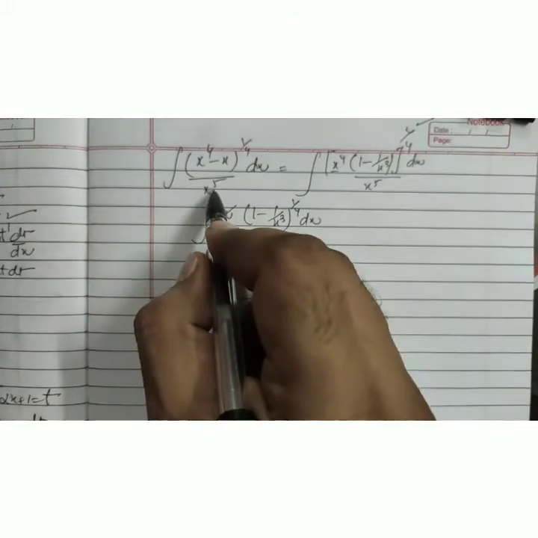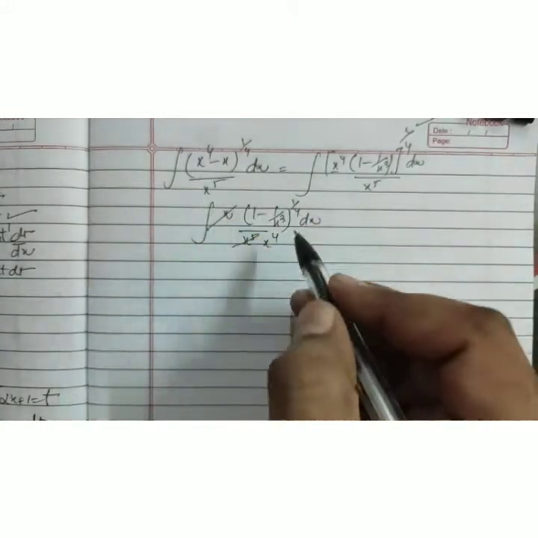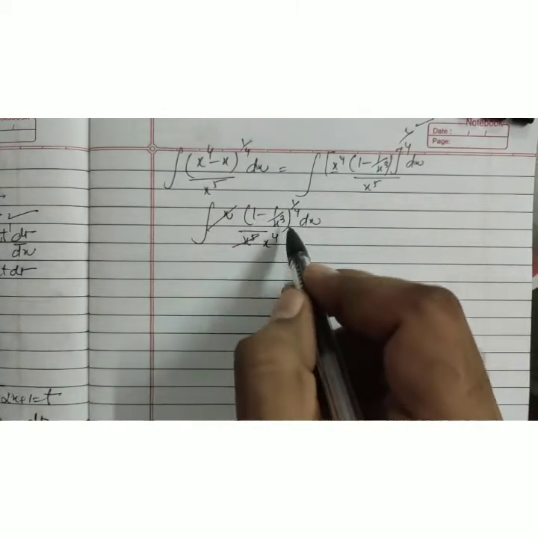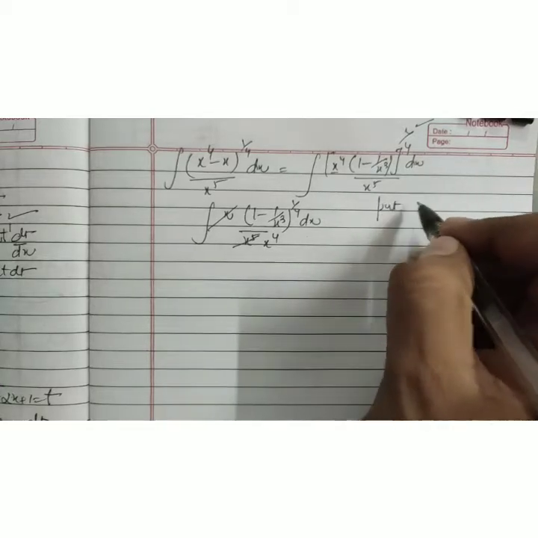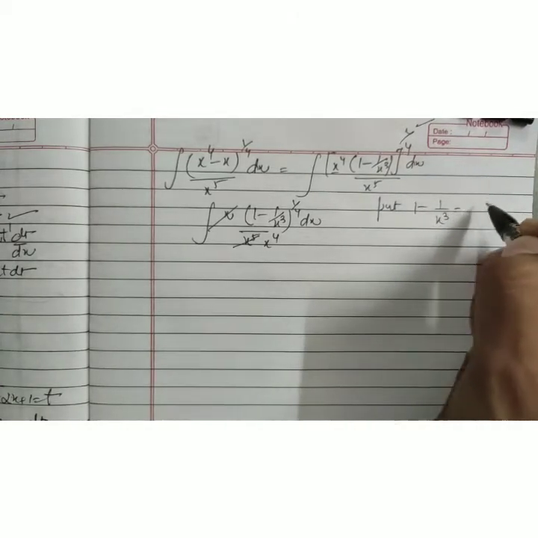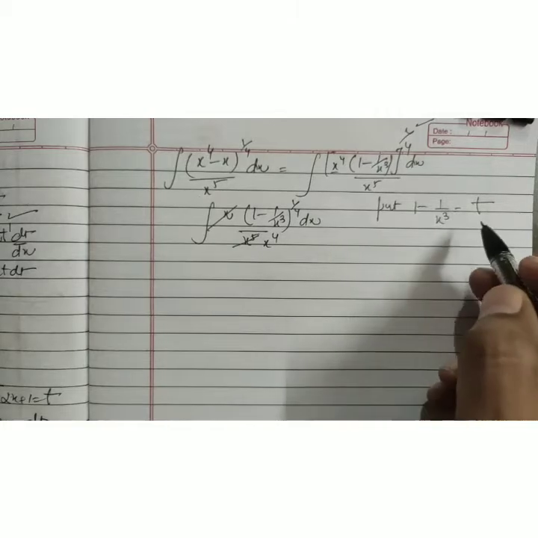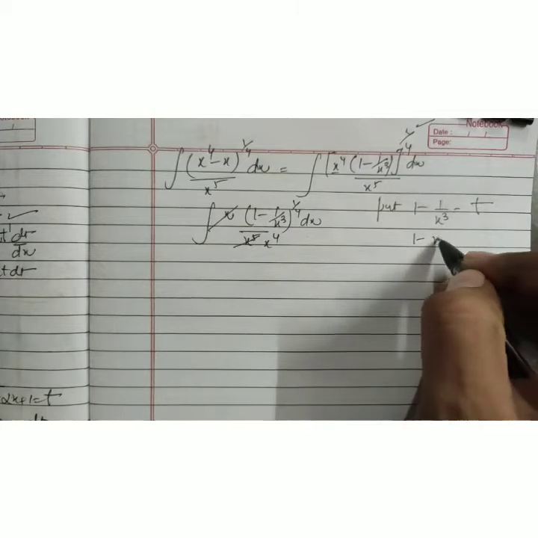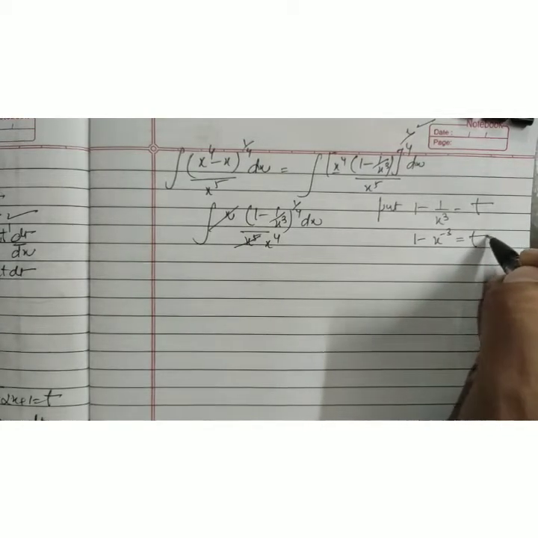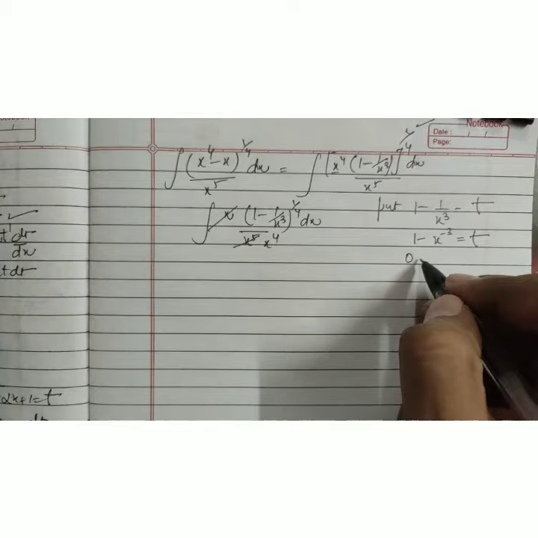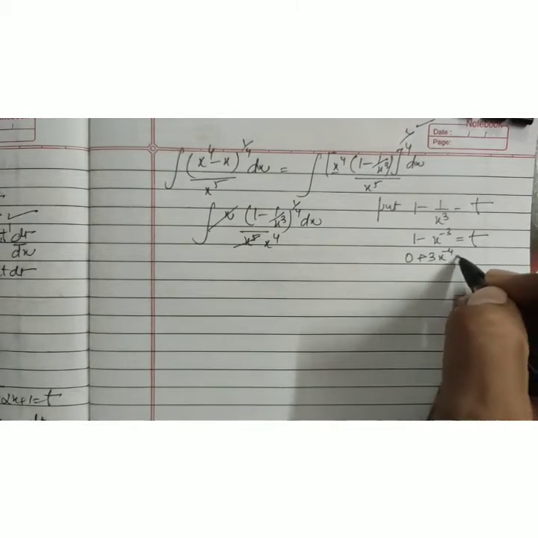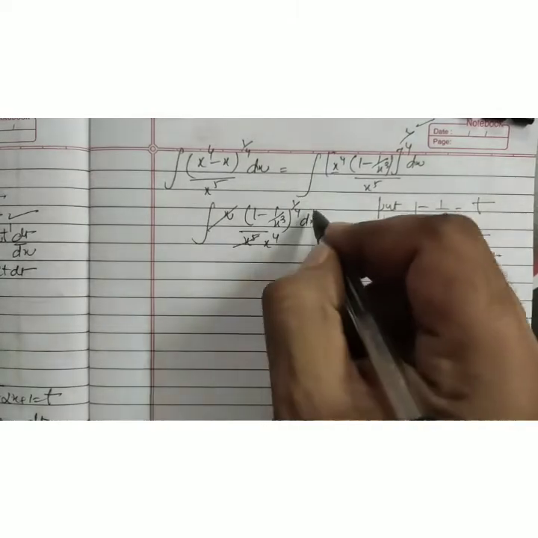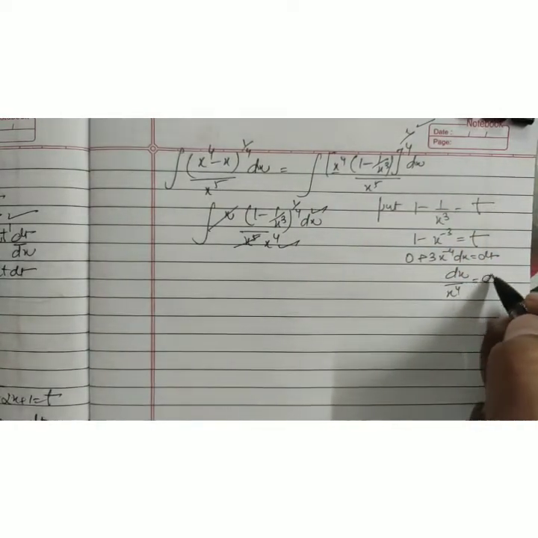As we are not getting the derivative of the denominator in the numerator, we are going to make this a fractional power, meaning the denominator gives us a power like this. So we can put this value 1 − 1/x³ as the t variable. It is our choice. So when we write x outside, it becomes a minus power. Taking the derivative, it becomes plus 3x^(−4) dx equals dt, which can be written as dx upon x⁴. Means these two terms become dt by 3.